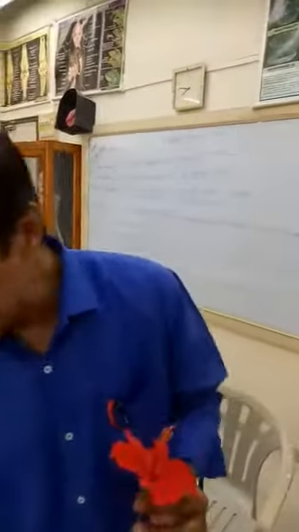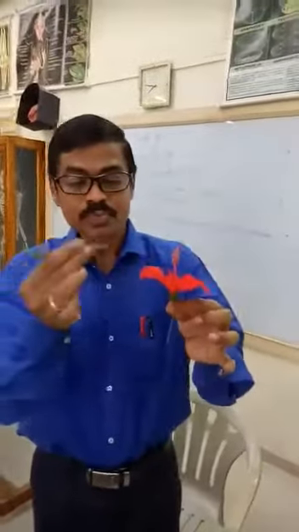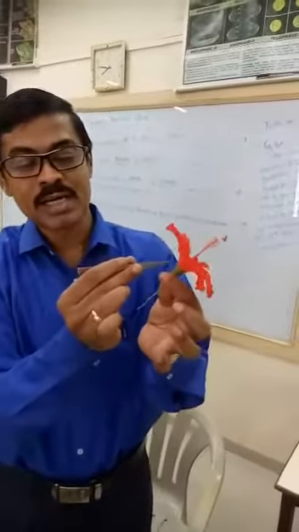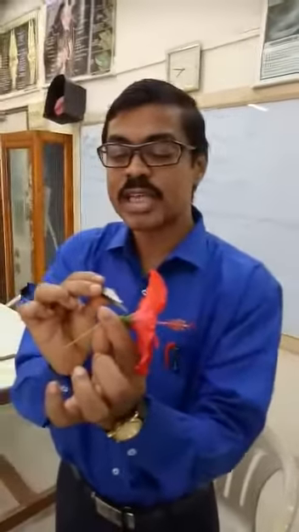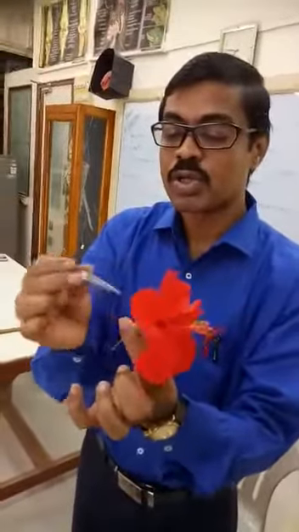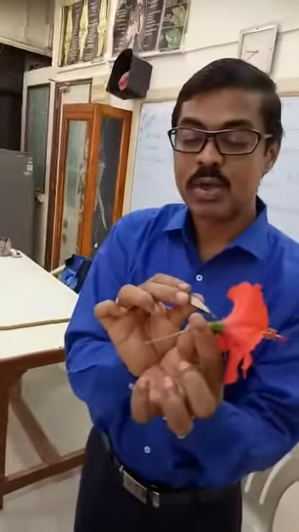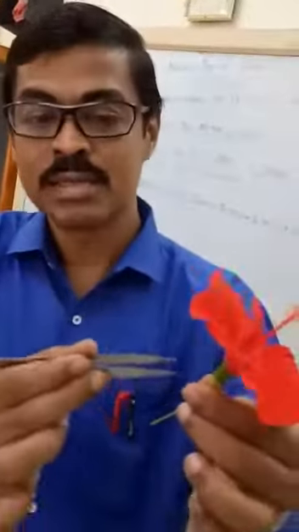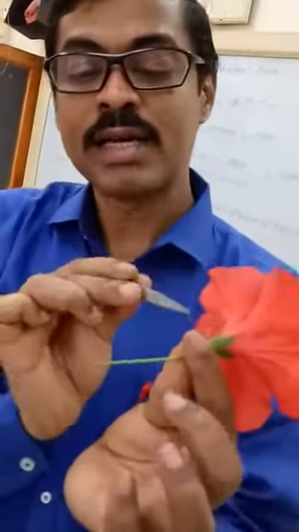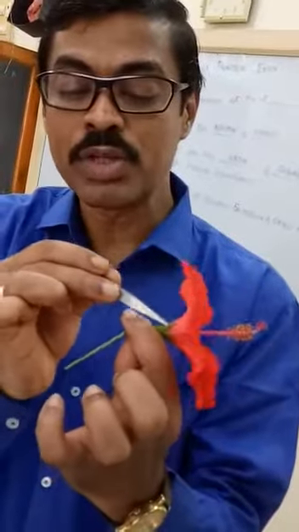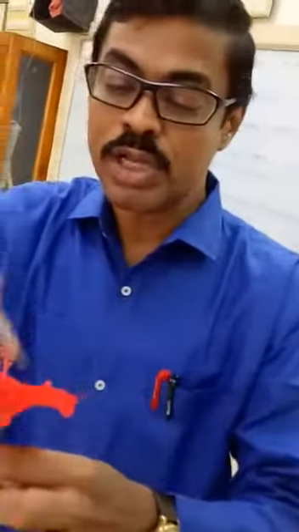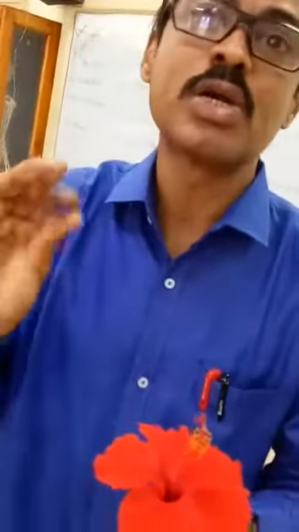Okay. Now I'll just point out the parts so it becomes easier to understand. Now the petals, which is the corolla, the green colored part, which is continuous, which is the calyx. Other than this, you can see here the smaller bracteoles. Now these bracts are called the epicalyx. Here the one which I am holding is the peduncle, the stalk part. Here the epicalyx, which are 5 to 7 in number, bracteoles are present. The calyx, which are again 5 individual sepals, 1, 2, 3, 4, 5, which are actually joined. Whereas here you can see 1, 2, 3, 4, 5 petals which are together called the corolla.